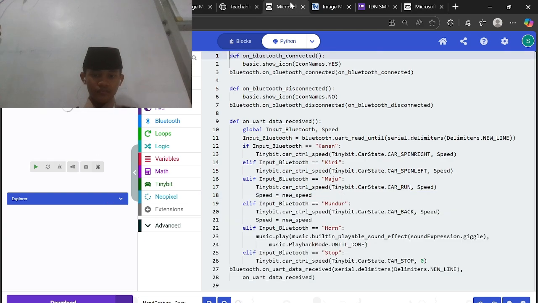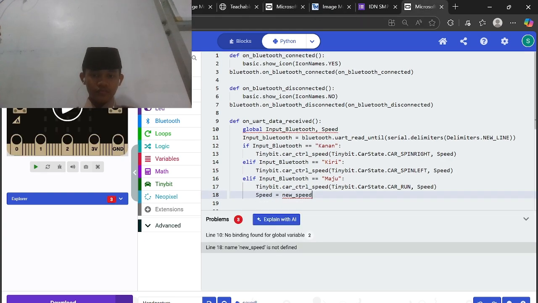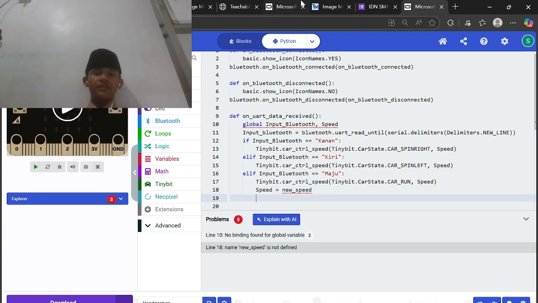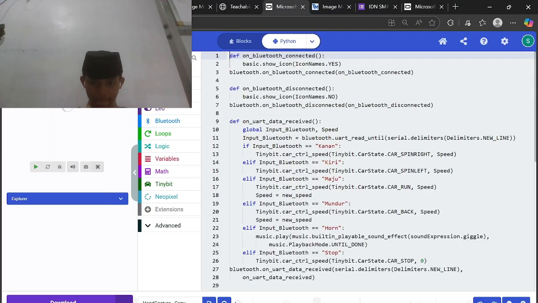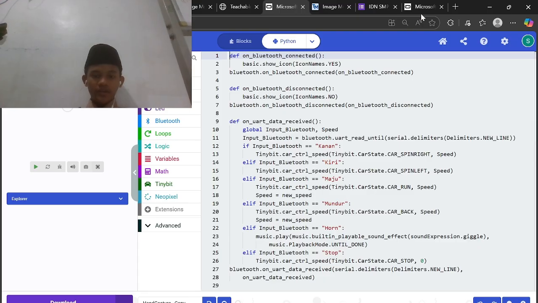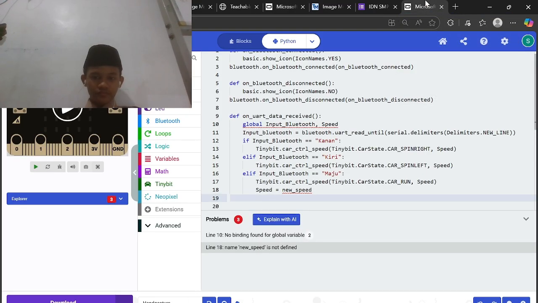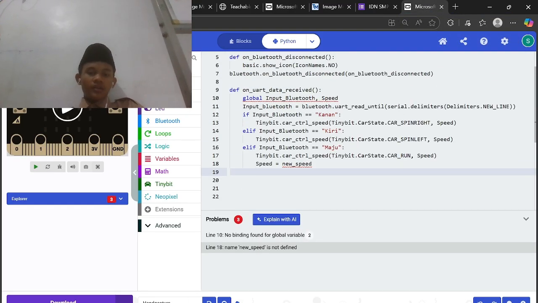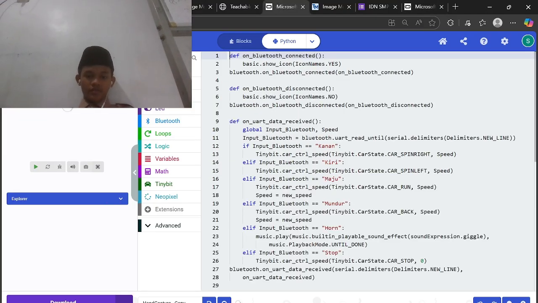Okay, like this to code current speed, new speed. After that, wait, why this error? Why this error?